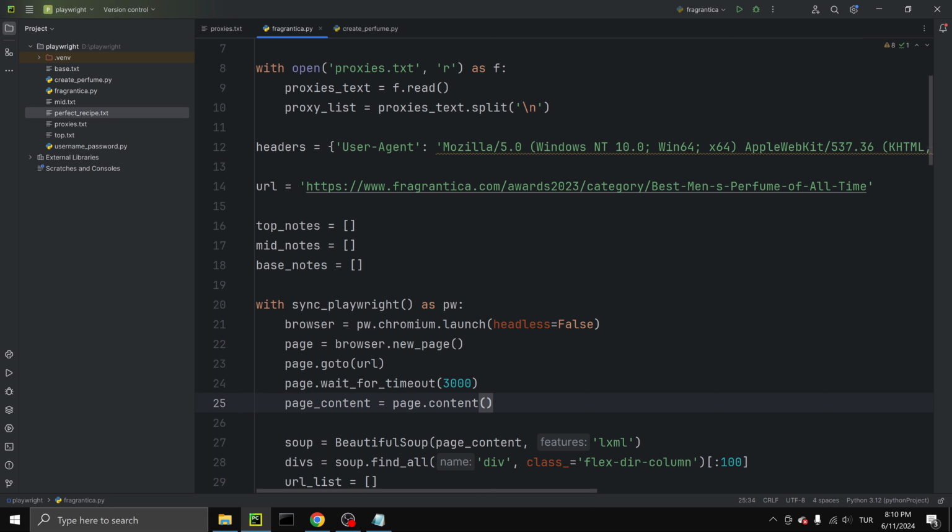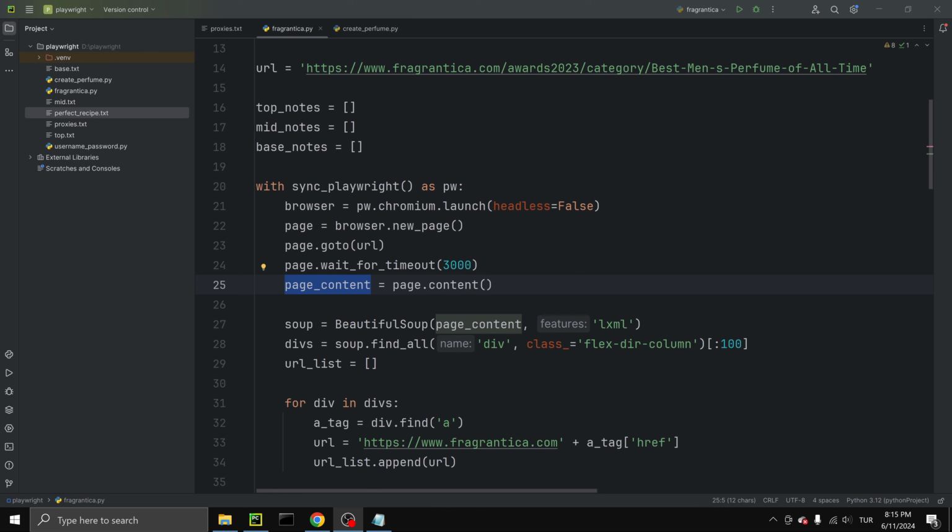After that, we are going to use Beautiful Soup and requests to make requests to the URLs that we are going to extract from this content. First, we need to create a list of those URLs. To do this, I will take the page content and put it in a Beautiful Soup object and use lxml as the parser. I will create the soup, and after that, I'm going to select the divs of those